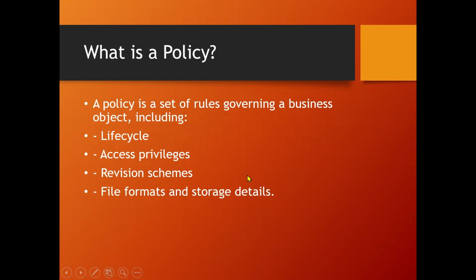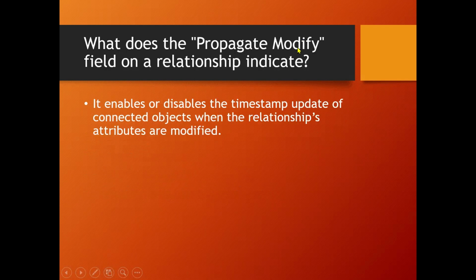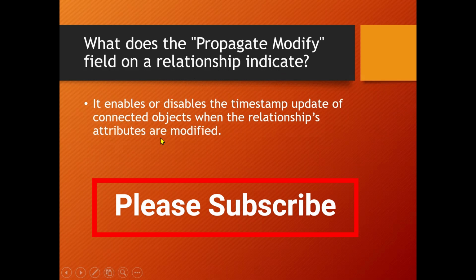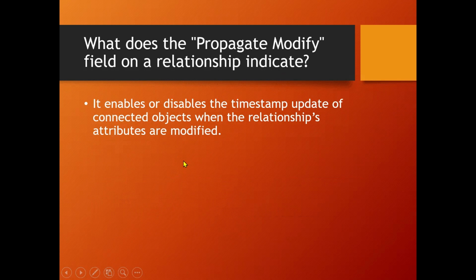So now moving to the next question. What does the propagate modify field on the relationship indicate? So it enables or disables the timestamp update of the connected object when the relationship attributes are modified. Suppose there is an object A and B and it is connected to a relationship, and that relationship is having some attributes, and if we are modifying those attributes, then whether the timestamp of A and B should get modified or not is governed by this setting. So we can make it true or false